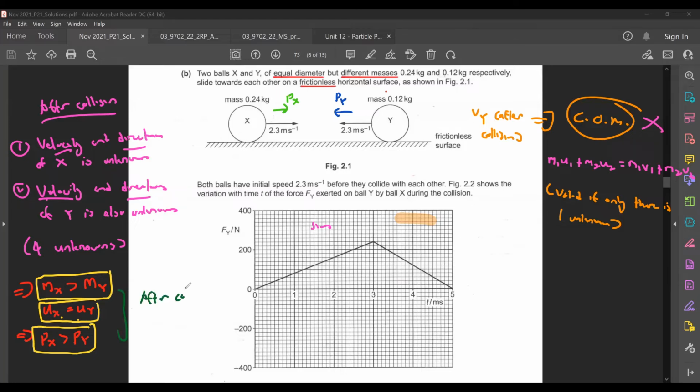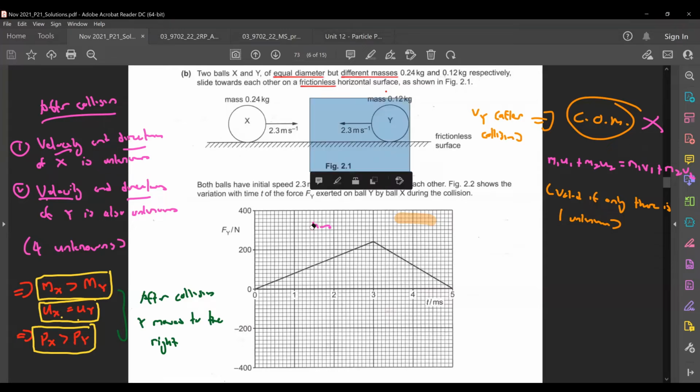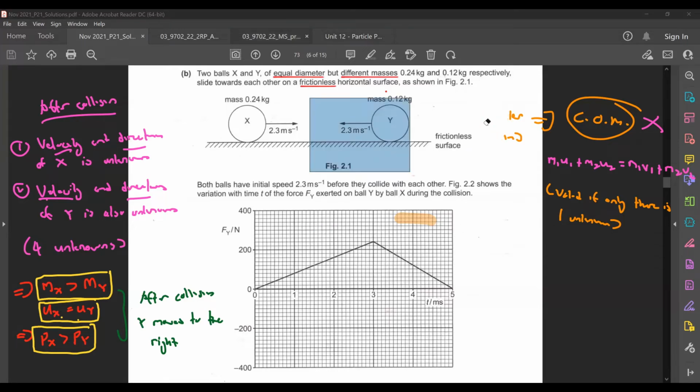After collision, Y moves to the right. Just by looking at this diagram, you can guess that Y is going to be moving towards the right, because Y is being hit by something with larger momentum. Obviously, it's going to be deflected off. So with that in mind,